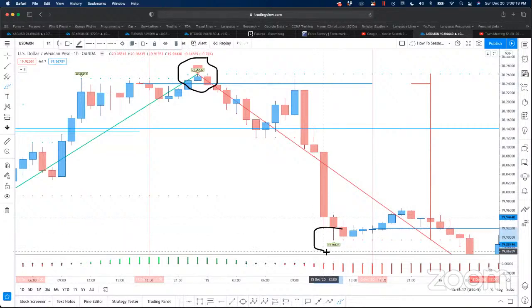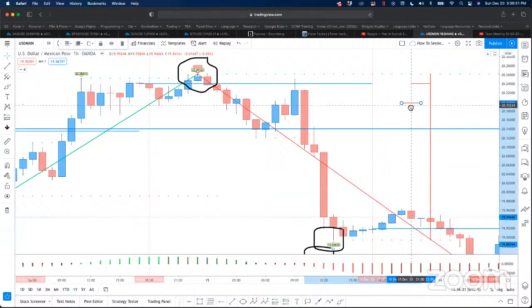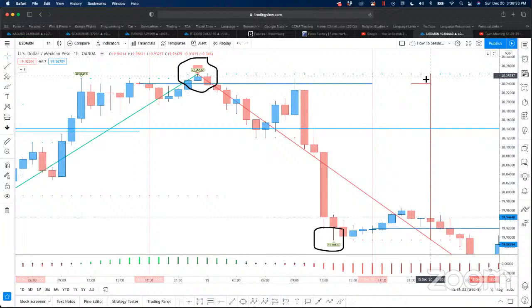We made our low for the day right here. And then the market closed out right about here, right? So if we redraw this, right,